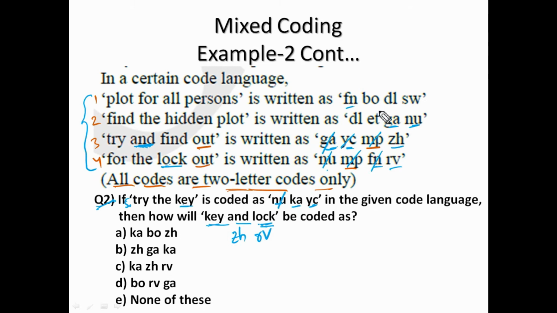KA, yes, it is not there anywhere. YC is there in the third statement, so it cannot be the code. Then KA is the code for "key". So these are the three codes for these three words. They may or may not be in the same order. KA, ZH, RV, they are given in the same order. That is the answer.